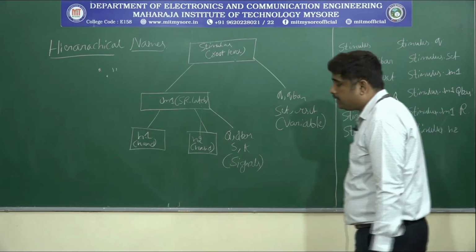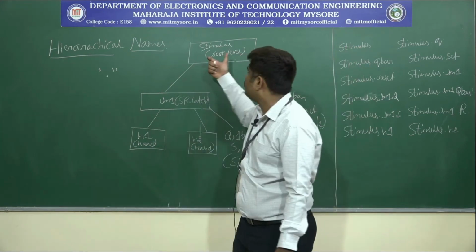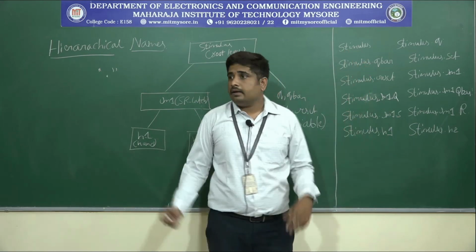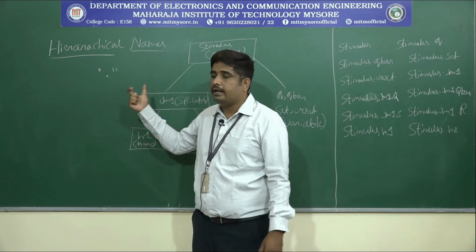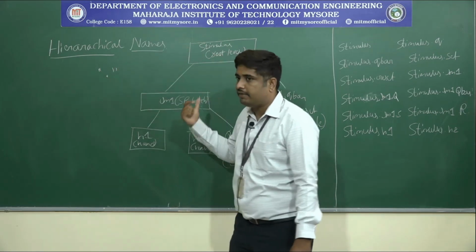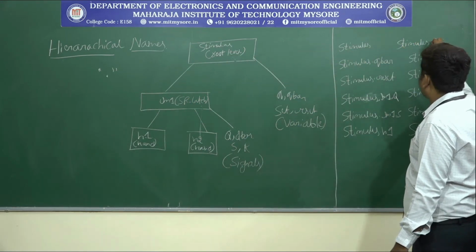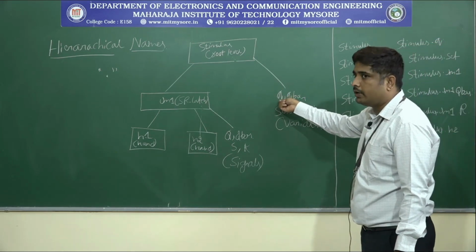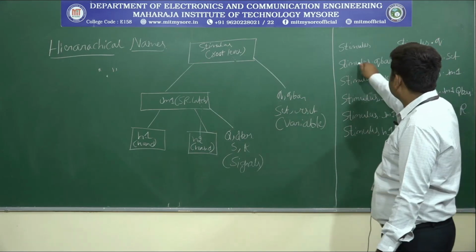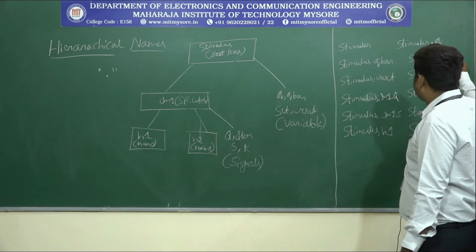Next we have to write the representation of the hierarchical names. First, stimulus, the root level name, so the hierarchical name is stimulus. Then the representation of a hierarchical name is the hierarchical name, dot symbol, identifier. So here stimulus is the hierarchical name, that is stimulus dot q, the first identifier is dot q. So stimulus and q are separated by a dot. After this stimulus dot q bar, then stimulus dot set,